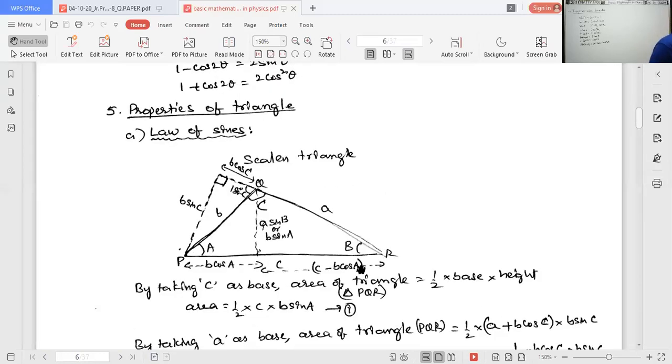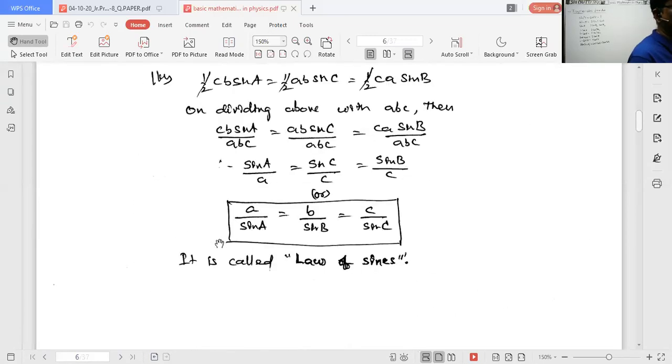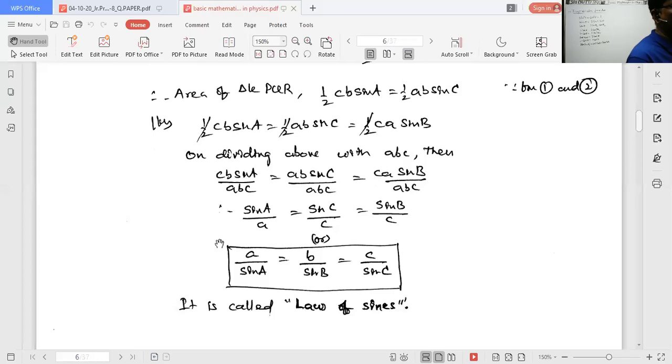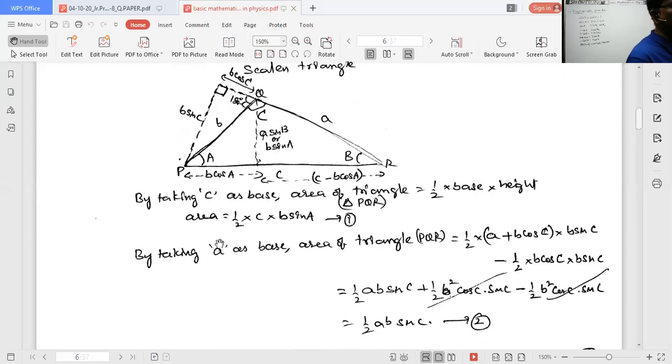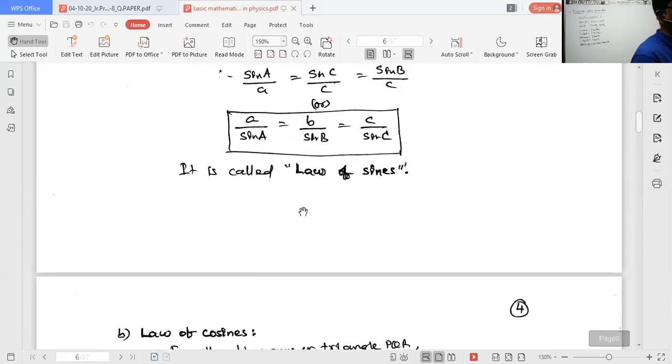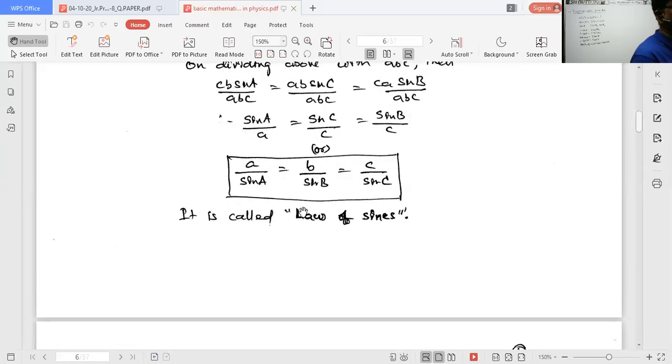Now, properties of triangle. Already in the last class, I discussed these formulas. In properties of triangle, by taking the scalene triangle, we derived the law of sines. According to the law of sines, already I said, that's why I am just displaying the formula: a by sin A is equal to b by sin B is equal to c by sin C. Here a means the side of this triangle in the scalene triangle. a by sin A means the side divided by the sine of the opposite angle for this side a. Similarly, b by sine of opposite angle capital B, and c by sine of opposite angle capital C in this triangle. Okay, this is Lami's theorem, or it is called the law of sines.